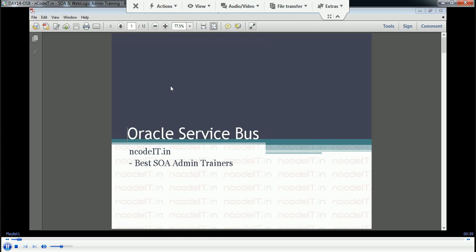What we'll see today is OSB. Again, OSB is something we are looking at from an integration perspective. The reason I have included this one is that many of the environments where you have SOA also seem to have OSB. So OSB administration itself is a separate element, another full-fledged profile, but